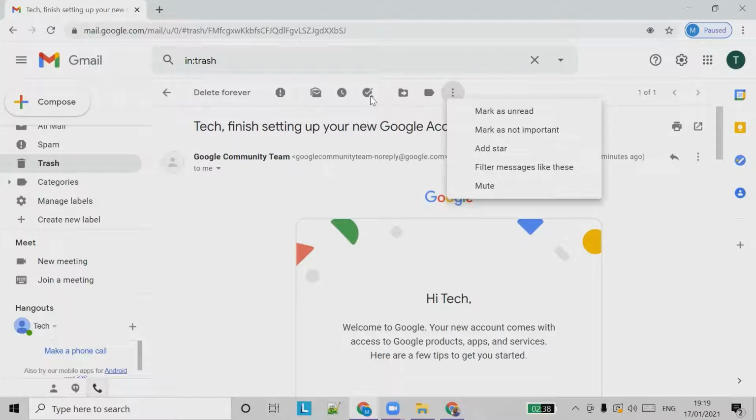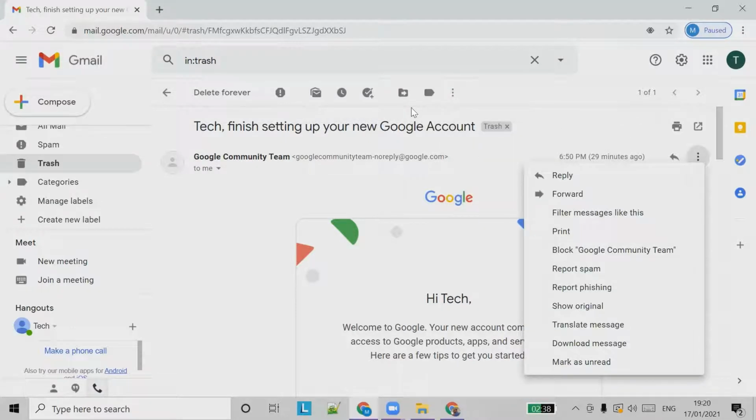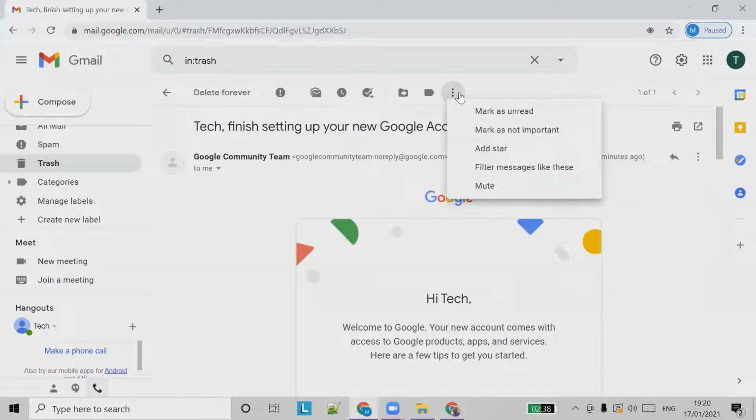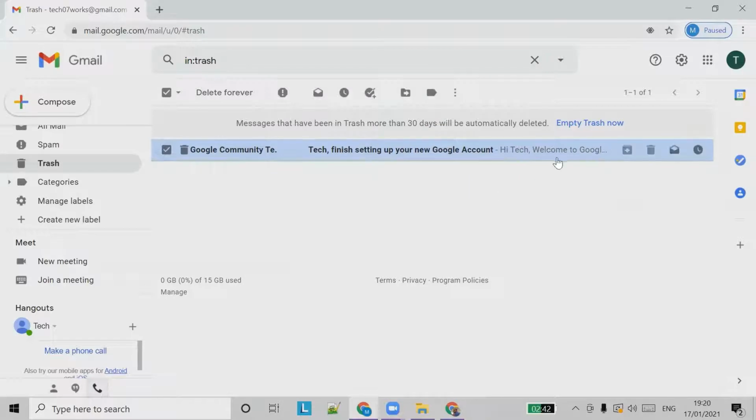But we are not able to. Once you move it to trash, you won't be able to move it back to the inbox. It's already deleted, so you cannot move that email back to your inbox. So that's about trash.